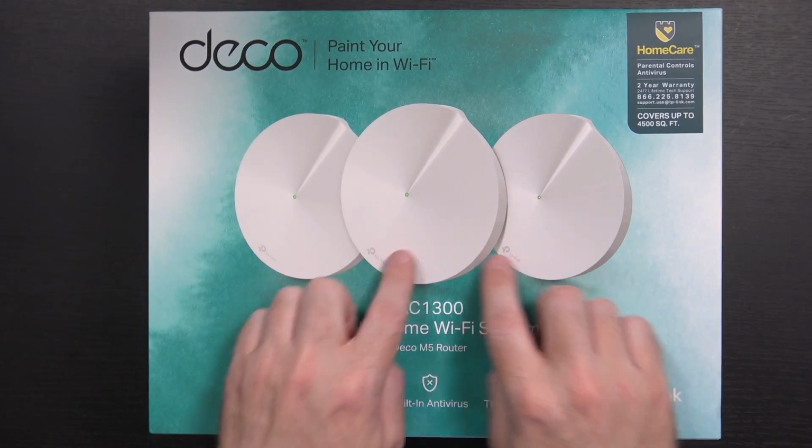But the thing I found really cool and interesting about this is not necessarily that this can act as your whole home Wi-Fi router, but that it can actually sit on top of your existing network. Let's dive into it and we'll talk about all the fun things that it can do here in just a minute. So from the front of the box, you can see this whole system is going to come with 3